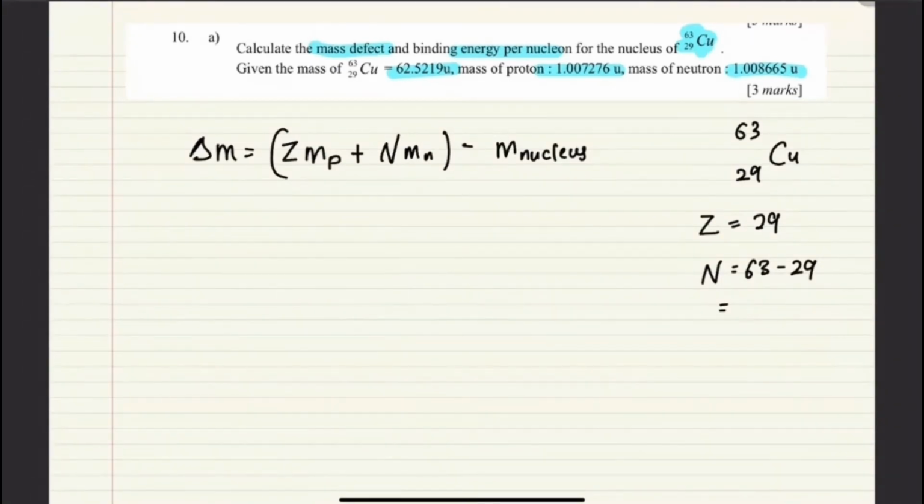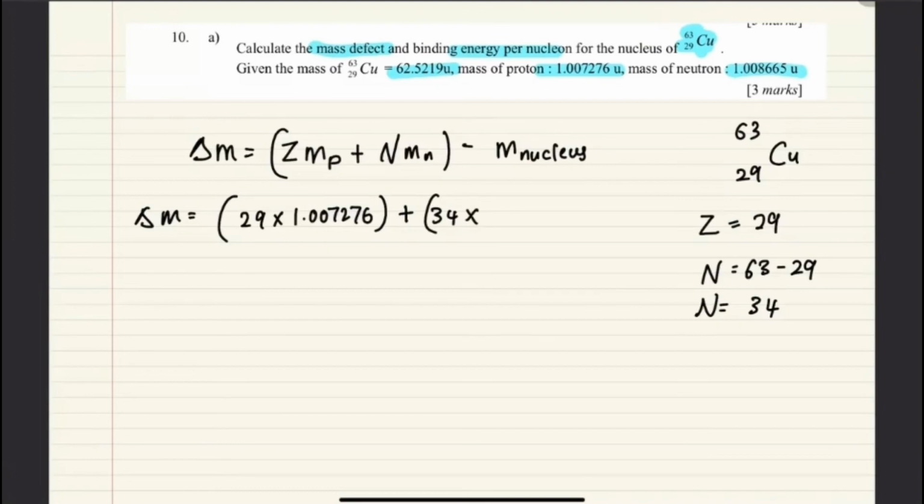So I can substitute back into this equation: 29 times the mass of a proton, 1.007276, plus 34 times the mass of a neutron, 1.008665,